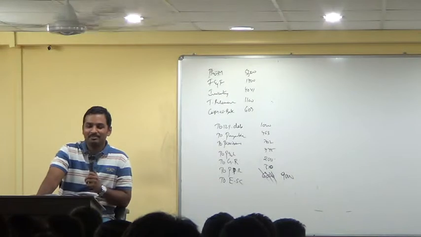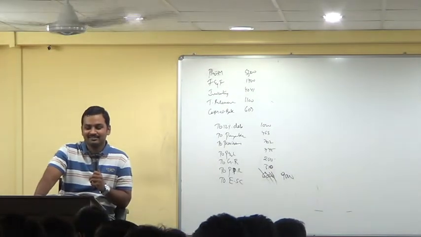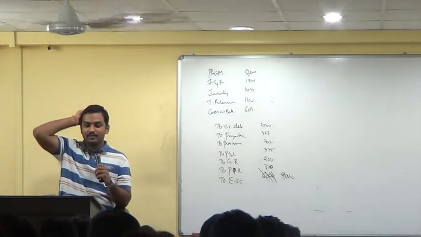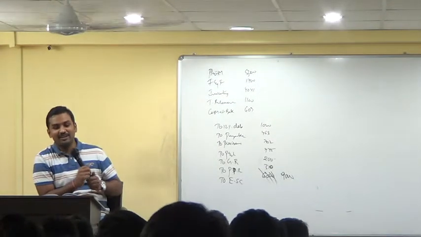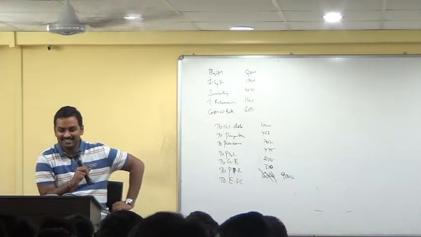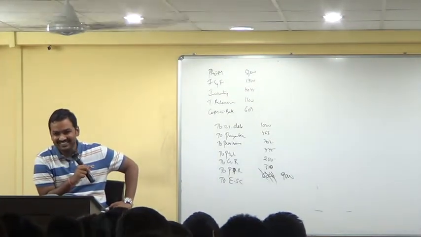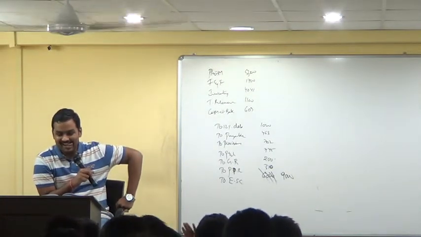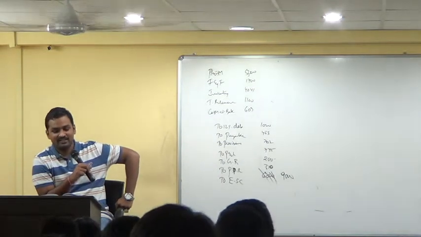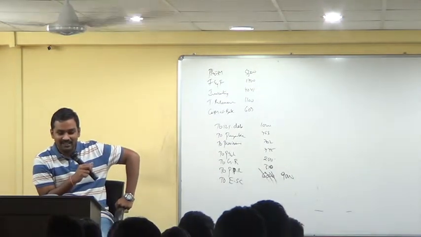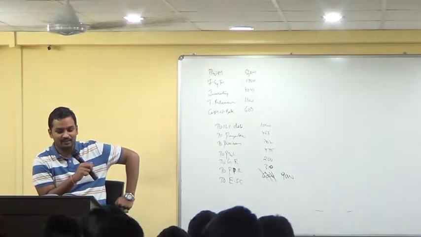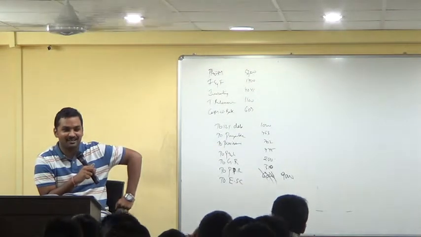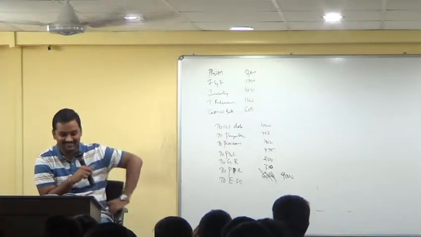Come to problem number 11, page number 6.27. Summarized balance sheets as on 31st March 2012 for G Limited and P Limited are given to you. G and P. Buildings, plant, machinery, furniture, fixtures, investment, inventory, trade receivables, cash and bank. Equity share capital, 40% preference share capital, general reserve, export profit reserve, investment allowance reserve, profit and loss account, 15% debentures, trade payables and other current liabilities. That is how you have to read it even in the exam.